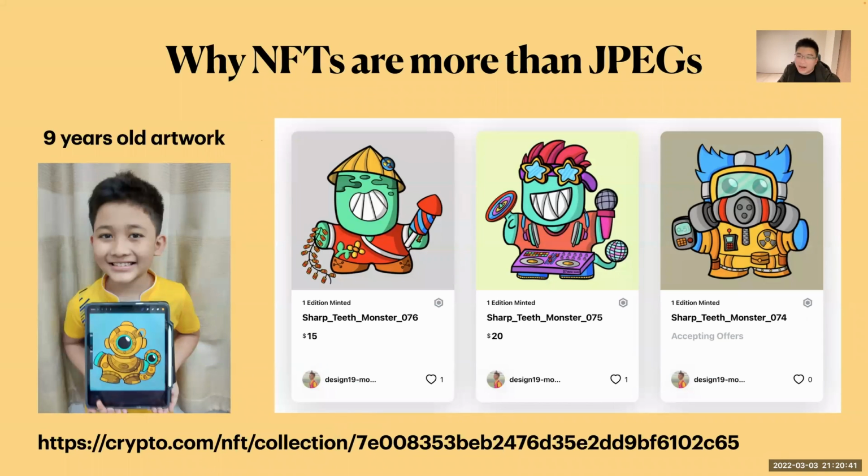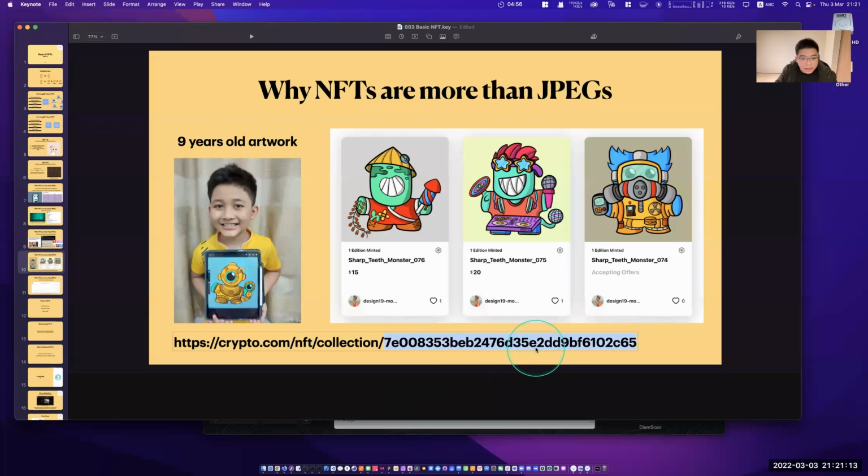And this one is from Thailand. I want to say that I saw real use cases in Thailand. I'm from Thailand, so I see a lot of use cases in Thailand as well. I think it's very interesting that Thailand has a lot of really good artists, even children. This boy is only 9 years old, and he created art by himself, and he can sell it. Let's take a look at his art.